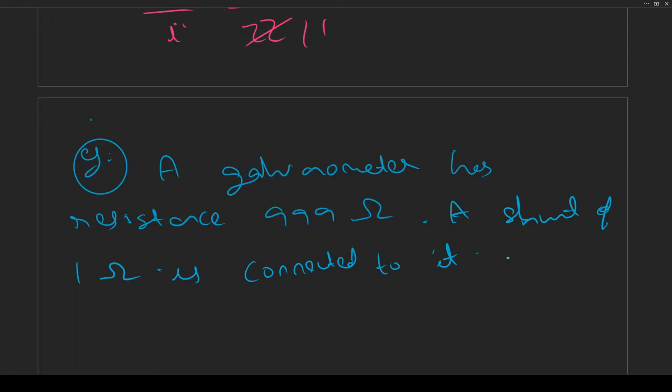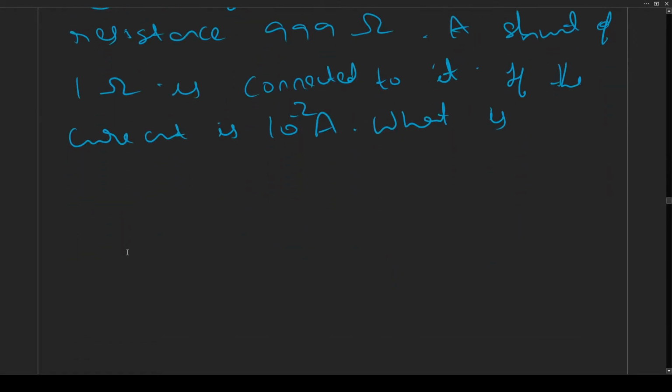If the current is 10 power minus 2 ampere or 10 milliampere, what is the current flowing through the galvanometer, Ig, basically? Solution: Ig by I is equal to S by G plus S, which is equal to